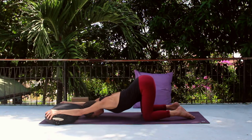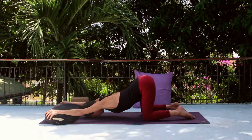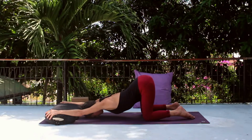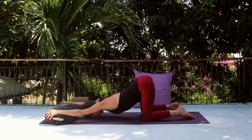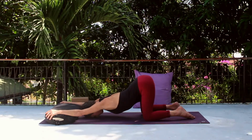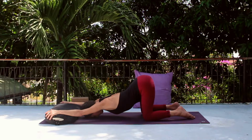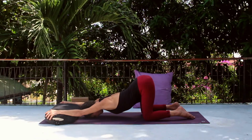As you draw the front of your pelvis back, the target here is the front of the body. We also want to open around the armpits and down the inner arms, working into the heart meridian here. Once you have your position, we can bring in the awareness back to the breath,